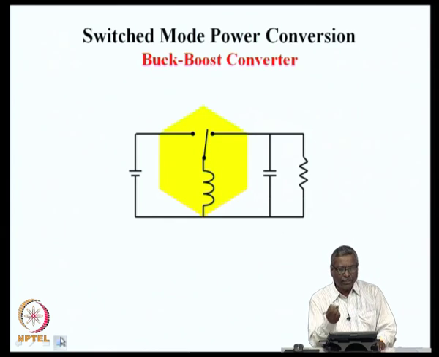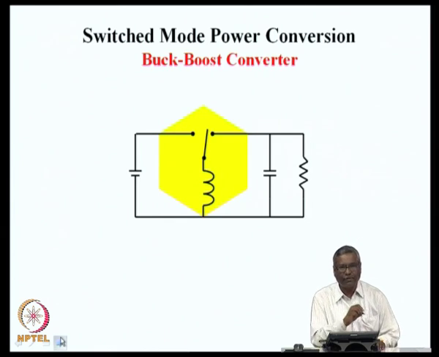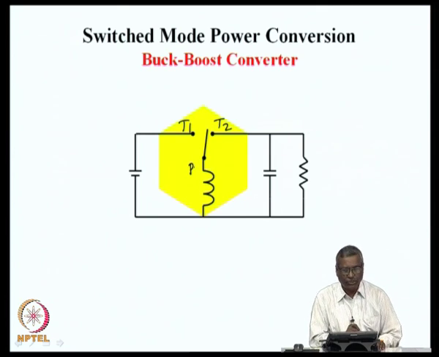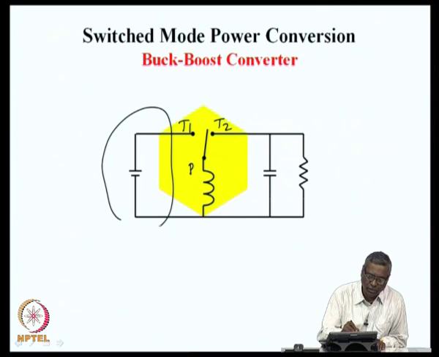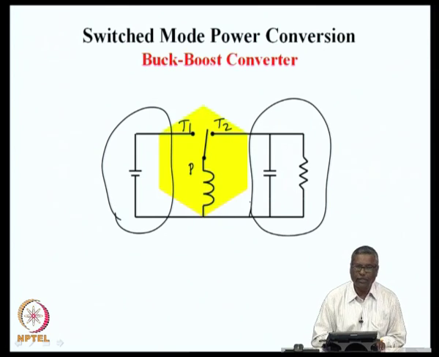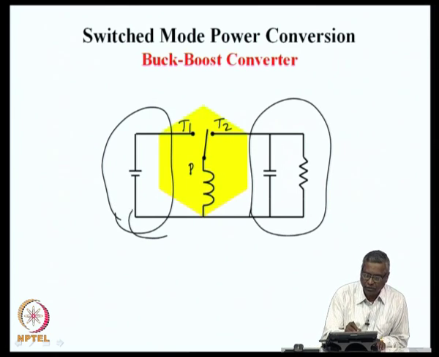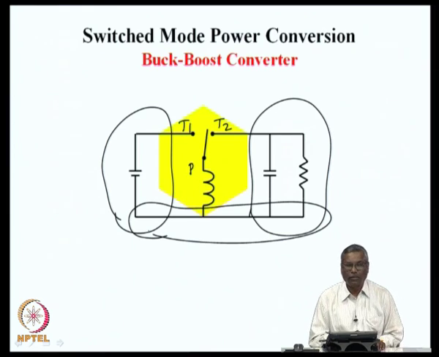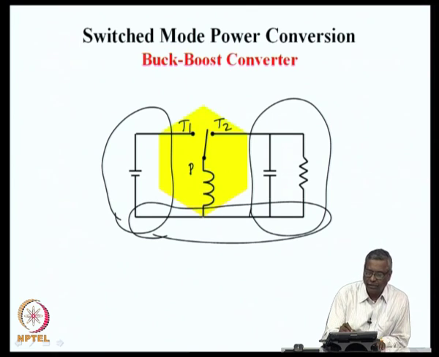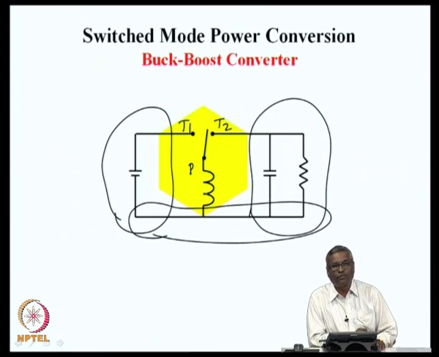Now, another way of connecting the same switch cell consisting of the throws T1, T2 and P is to connect the source on one of the poles and the load on the other pole, and then make the